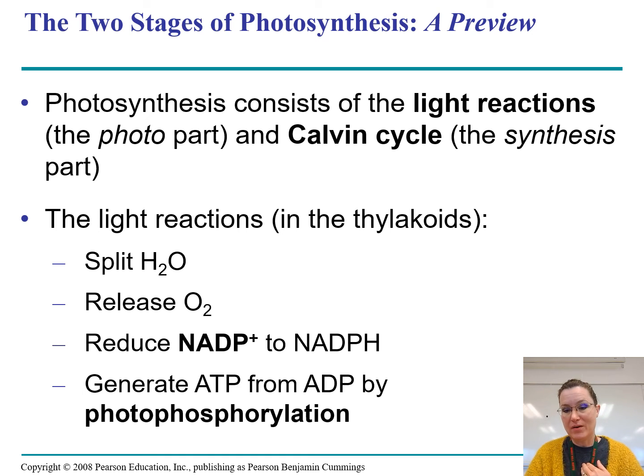So the light dependent part is the part that occurs in the sun, because we're going to use that sun's energy to do that. And then the light independent is the part that does not require the sun. Not that it works in the darkness, but that it just doesn't need the sun. That's why I like light dependent.